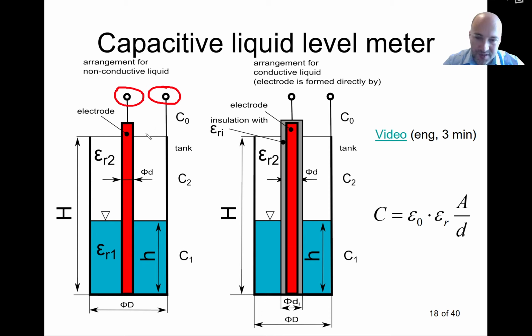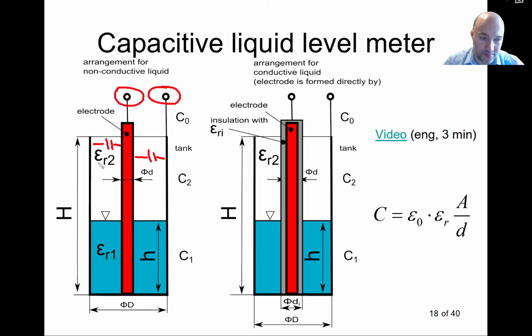And in here we see a capacitor. So here this is one electrode, this is another one. So here there will be some capacity. This is a cylindrical tank typically, so there will be another capacity like this. So like this is like a cross-sectional view. But we can see that the capacity of this part will depend on the dimensions, and it will depend on